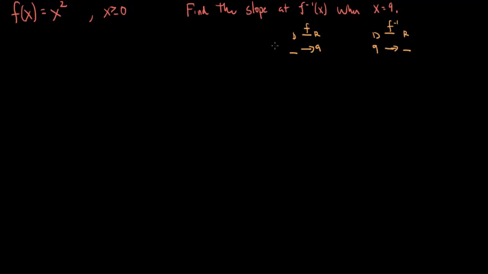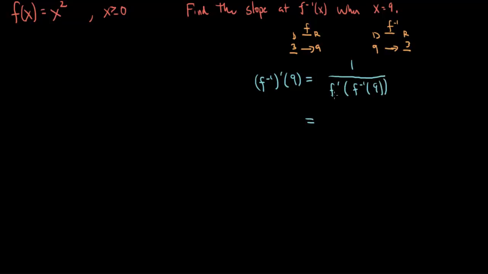And so the question is, what value do I plug into f to get a 9? I think we can clearly see that if you evaluate f of 3, you get 9. So that means that f inverse is going to map 9 to 3. So if I just go ahead and apply Theorem 3.17, it tells me that f inverse prime of 9